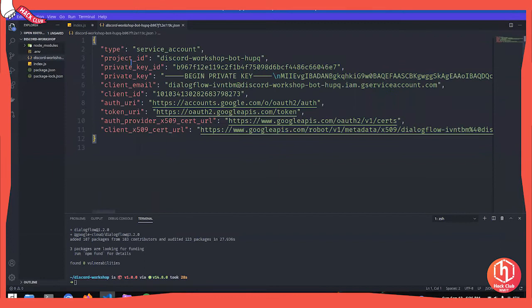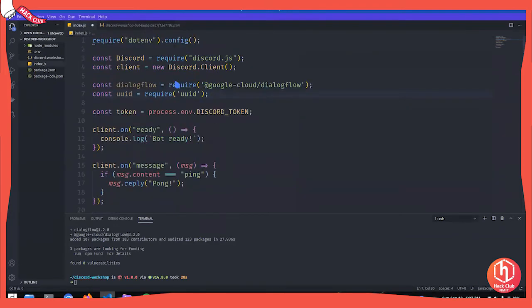Again, please don't use the same, I'll be telling this to you again and again. Please don't use the same project ID and stuff, because I'll be revoking them, and then you have to go and create it all by yourself. So please do this. So now because we need a project ID. Where is it? One second.